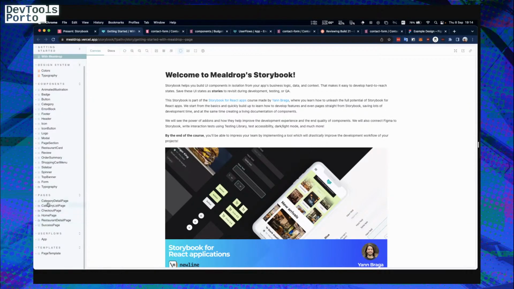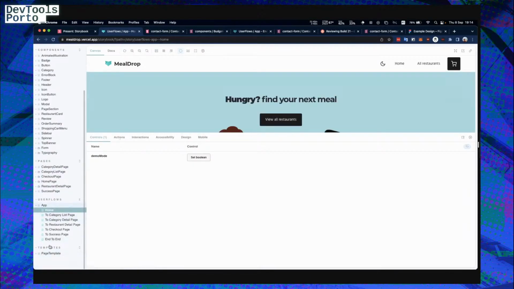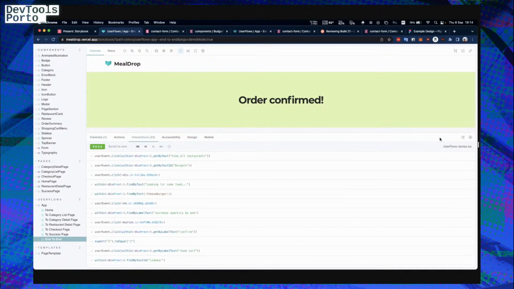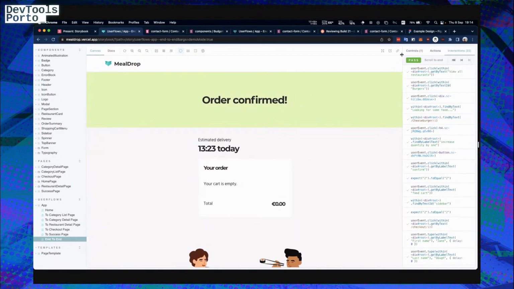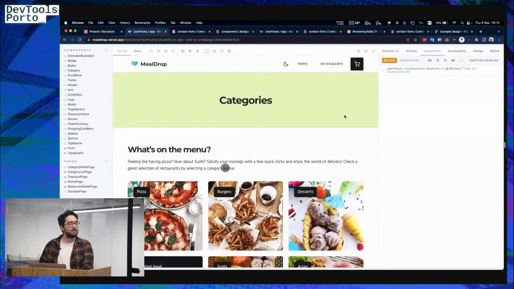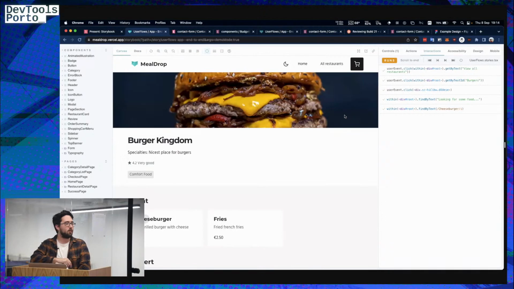So if I go into the user flows, this is what I was talking about here. We've got this demo mode flag. This is just a custom control that they've added to this project. And now if I go back to the interactions tab, and in this case I'll put it on the side so we can see better what's going on, if I rerun all the interactions, you'll now see an entire user flow with some fancy delay and animations. And you can see a whole user flow inside of Storybook,